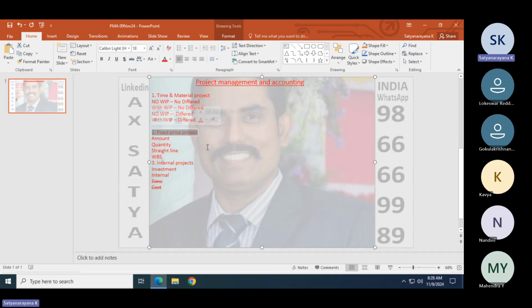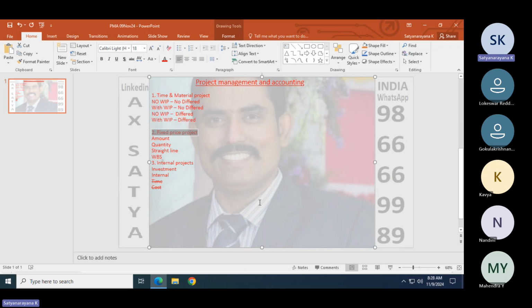Once the basement is completed, we'll issue this much amount. Once the pillars are completed, this much amount. Once the slab is completed, this much amount. That is stage-wise billing, right? Yeah, stage-wise billing. So in the fixed price project, we have those kinds of stage-wise billings.